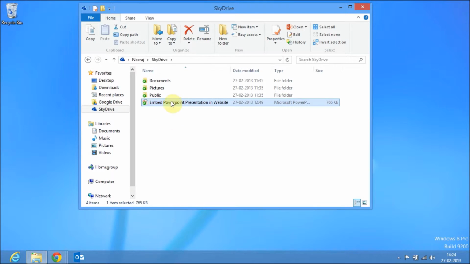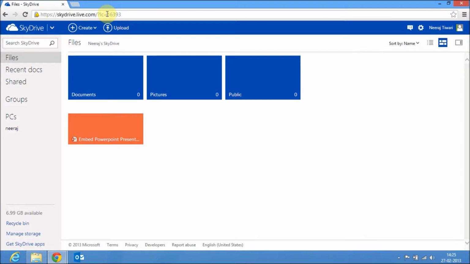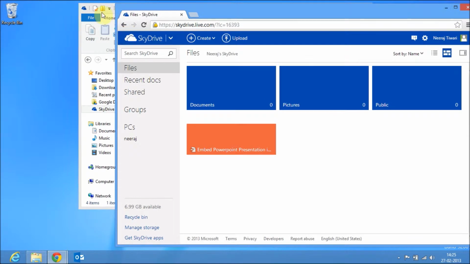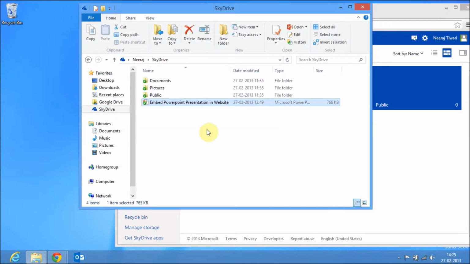Now this particular presentation needs to be uploaded onto your SkyDrive account. Now SkyDrive can be operated in two ways. First, you either create a SkyDrive account and maintain it online, or you can download the SkyDrive application onto your PC so that it remains in sync with your SkyDrive account, and all the files will be downloaded onto your local system also. Here the task becomes very easy, as the storing, saving, editing and uploading of your files becomes very easy. So that's why I've maintained a SkyDrive account and I've downloaded the application also.